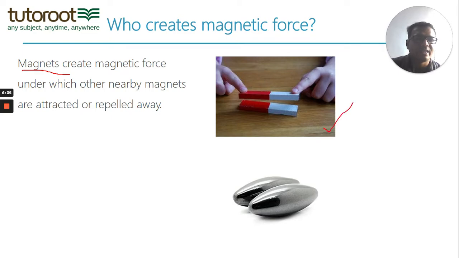Here you can see an example. The first example is one in which the magnets are repelling each other. They are chasing each other away. They don't want to come near each other. The second, you must have seen as a product called rattlesnake eggs. These two magnets are obviously attracting each other very closely. So magnets might either attract or repel each other. Now, how do we know in which case they will attract or in which case they will repel? Let's look into that too.